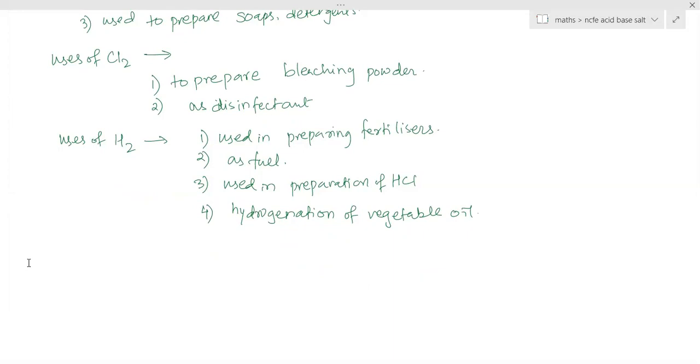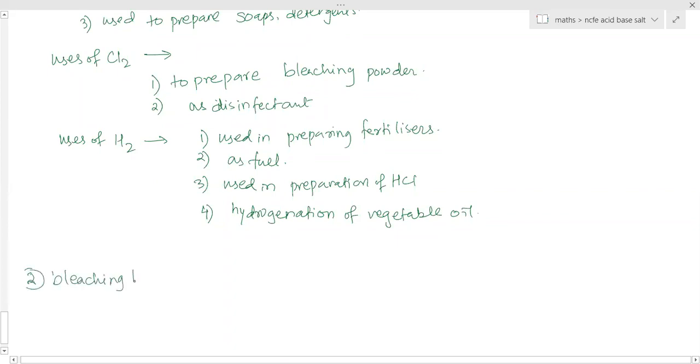And then next, the bleaching powder also. Indirectly, in the preparation of bleaching powder, sodium chloride is used. How? For all the compounds, at least three compounds, the salts that we are studying, sodium chloride is used indirectly in the preparation of those three salts. So we have to see the second salt as bleaching powder. Now, what is bleaching powder? What is its chemical name, chemical formula, preparation, and finally the uses of it.